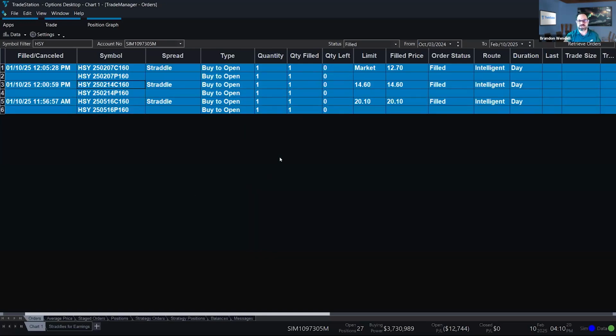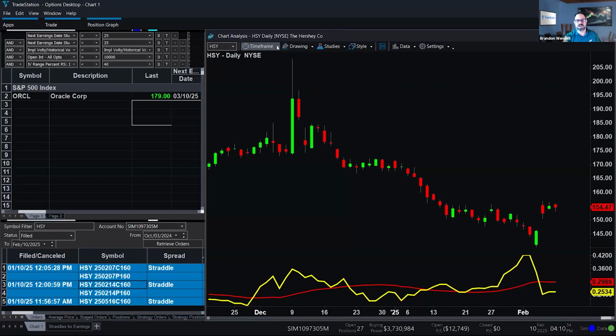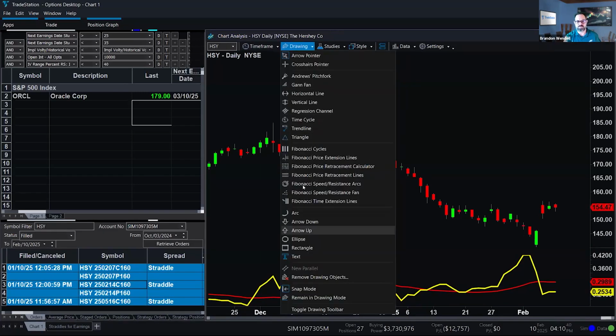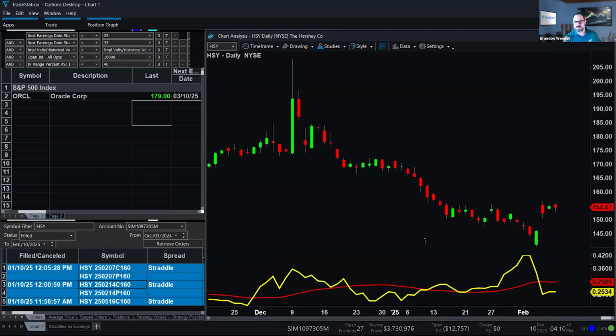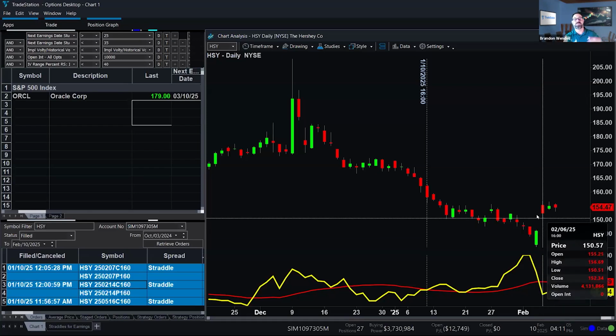And again, it's just the straddle that I put on, because obviously with earnings, we don't know what's going to happen. There could be positive earnings, there could be negative earnings. We don't know what the heck is going to happen. You can see there definitely was a reaction, and this is pretty typical. If we go back to the day that I was planning this trade with you guys, and bring in a vertical line on January 10th, if I can catch it right about there, yeah, that's perfect. On that day, we were trading right around $160, right near the close. And as you can see, the earnings came out on the 5th going into the 6th, so there was a big jump after hours after the earnings were released.